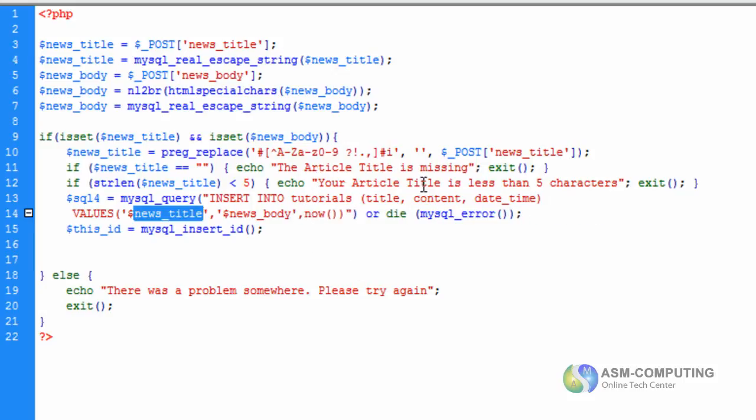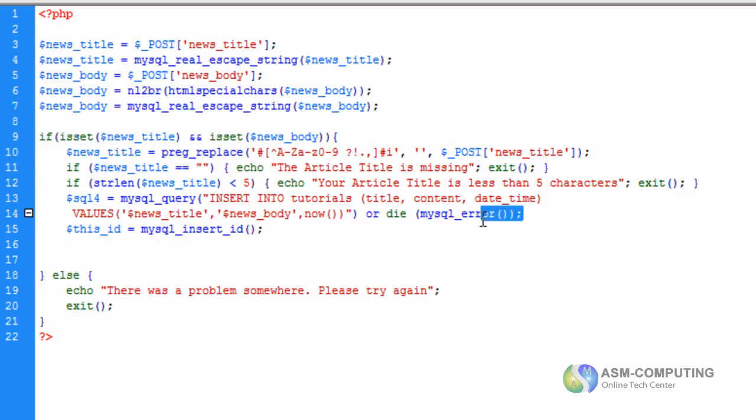News title is going to be title, news body will be content, and the date time is going to be now. This now here will actually input the date and the time of when the user actually posted, so that's why we use now, or die MySQL error.